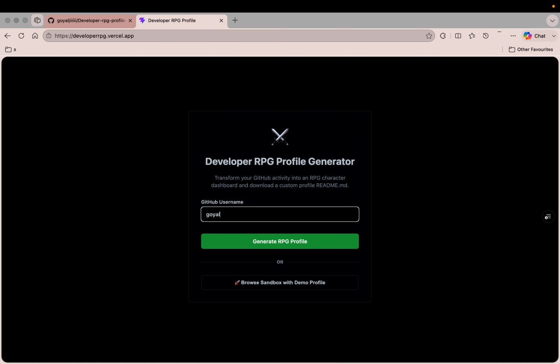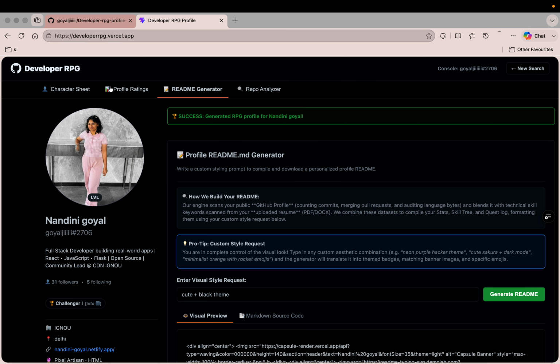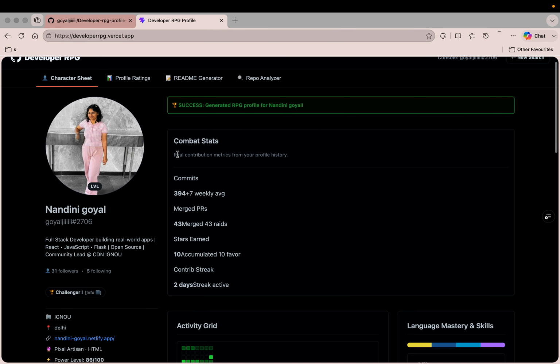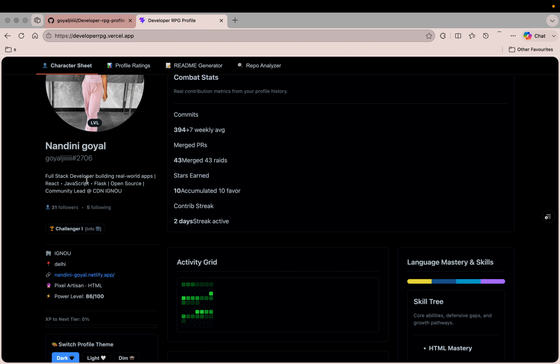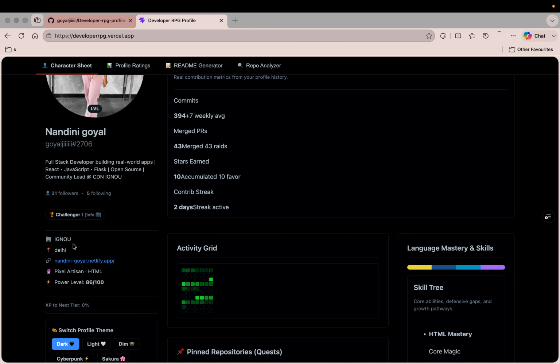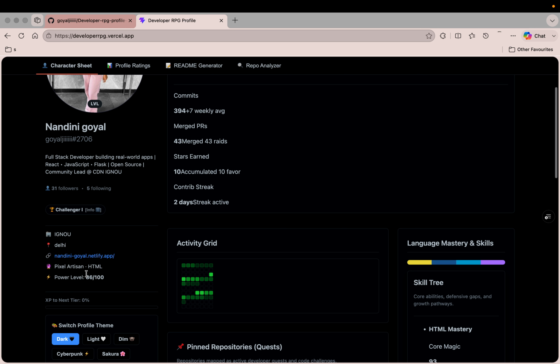So you are supposed to enter a random username, or actually your username. Now click on generate RPG profile. Now here, as you can see, first of all there is a character sheet. There is this real information, my bio and everything, my links, and moreover my power level, which is generated by this project only. This power level is not visible on GitHub, and this is my main